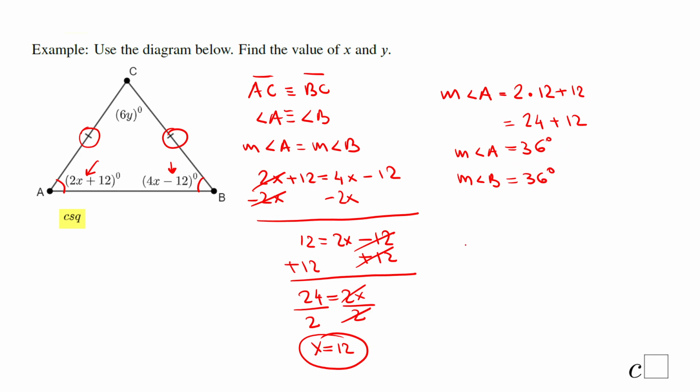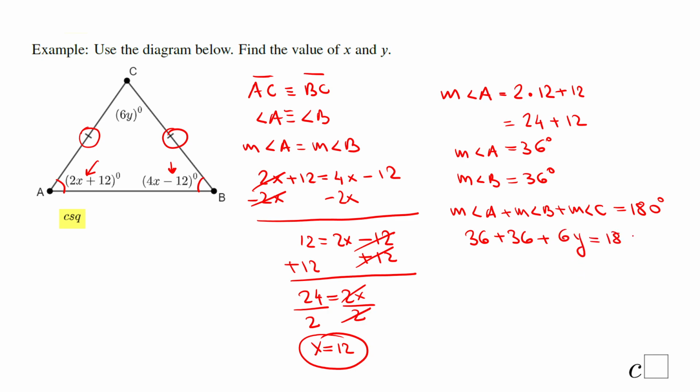So now we can find the measure of angle C by saying the measure of angle A plus the measure of angle B plus the measure of angle C equals 180. The sum of the measures of the interior angles of a triangle is 180. So we have 36 plus 36 plus the measure of angle C, which is 6y,